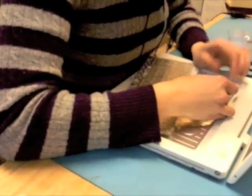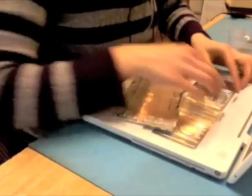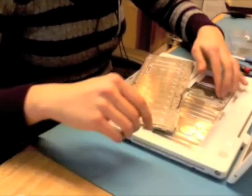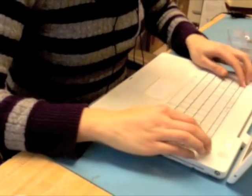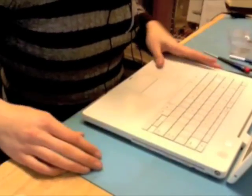Slide my airport card into the logic board there, snap my airport antenna in, and seat my clips so that the Airport Extreme card's not going to move around in there. For the keyboard, you put the tabs in the front first, and push down on your little bouncy guys here, and seat the keyboard nice and flat. Close this, turn it over,